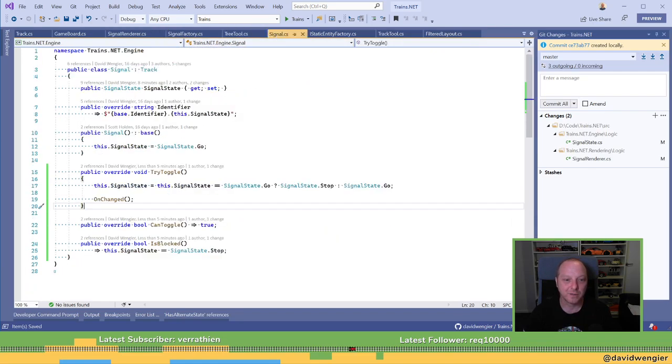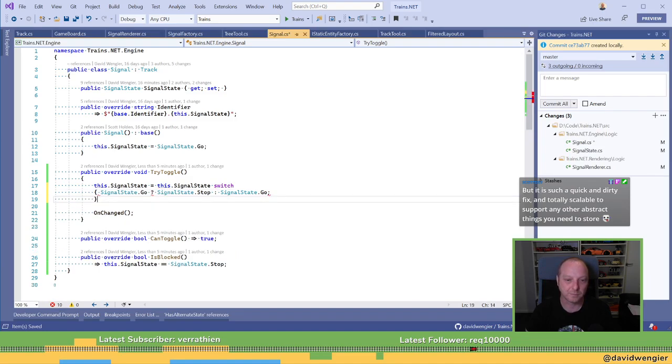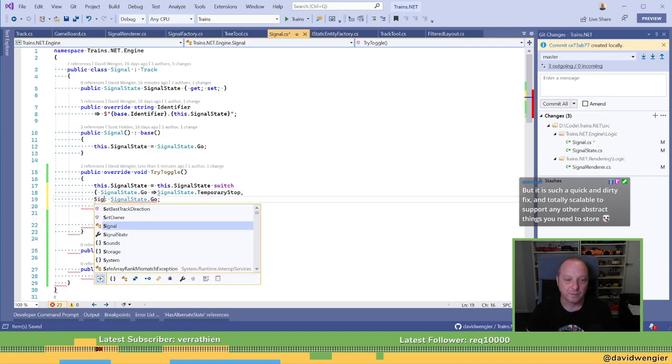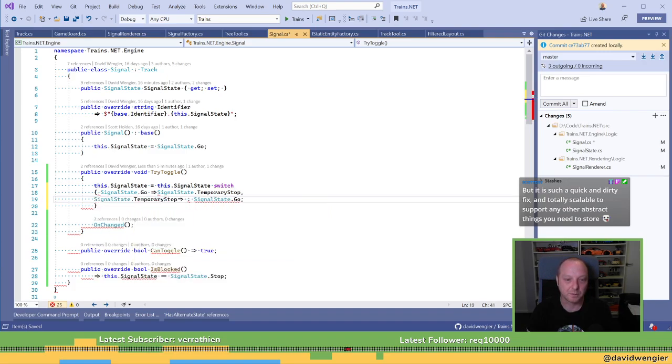So now over here, what are we going to do? So we start with go. That's cool. When we toggle, if it's go, we just do switch again. If it's go, it's temporary stop. If it's temporary stop, it's stop.